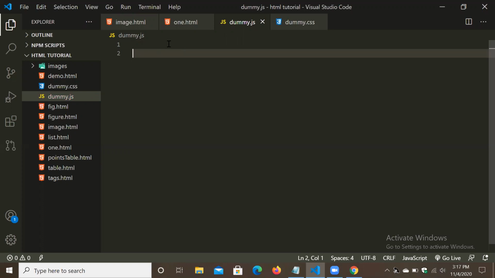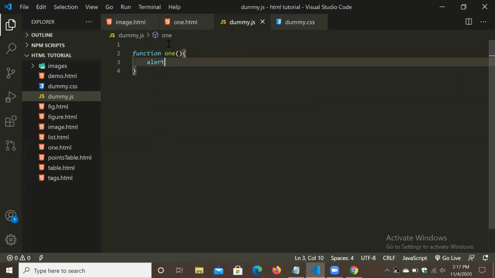So we have to create one function, and the function name is function one. In function one, we have to give an alert box, hello world.